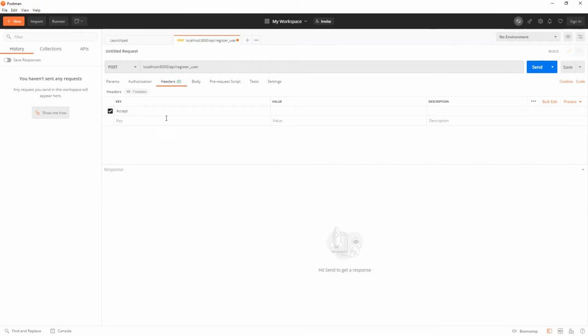It's a good practice every time I'm sending any post request to the backend API, I make it accept application JSON. So because it's an API, it expects JSON from our front-end clients. And body, we are going to pass nothing,